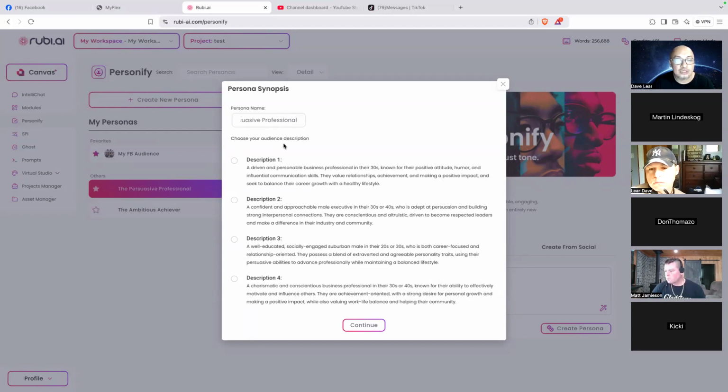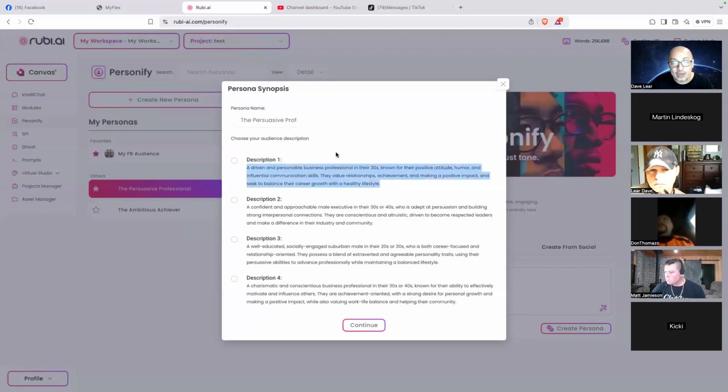Then these are the audience descriptions. You just have to choose. A driven and personable business professional in their 30s, known for positive attitude, humor, and influential communication skills. They value relationships, achievement, and making a positive impact, and seek to balance their career growth with a healthy lifestyle. All right, you can choose this if you want.